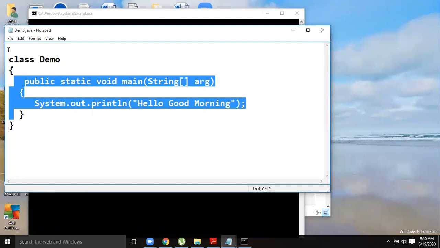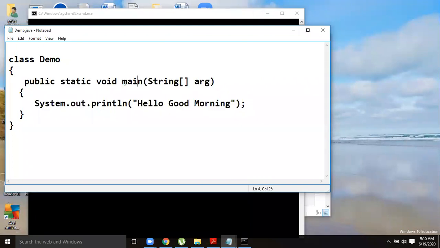Inside this is a very basic Java program. A very basic Java program contains a simple class with a main method. Just as you used main in your C, here also you use the main method. This is the trigger, the starting point. If you run your Java program with java space demo, the environment invokes this main method. So what is the structure of this main method?